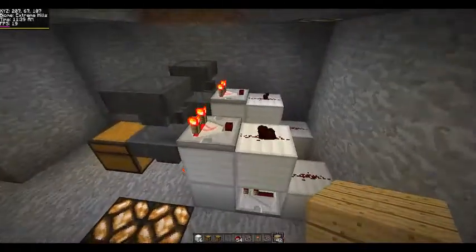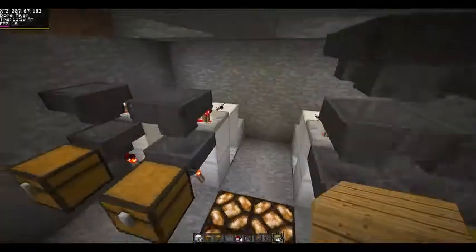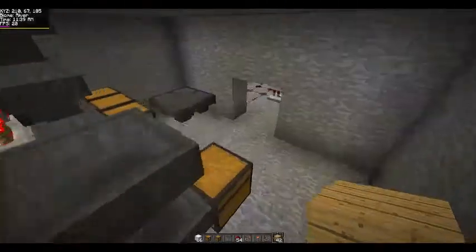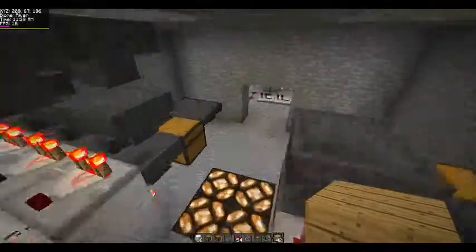So, yeah, this was a really simple tutorial on hoppers and this compact item filter. Very simple, easy to do, except for the comparators you need, what do you call it? Quartz, just quartz. And that's how you craft it, and you need a lot of stone, so...